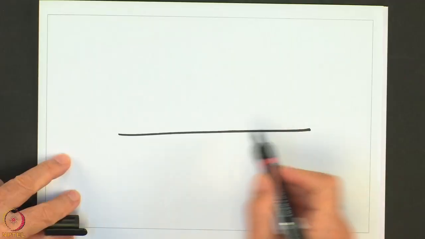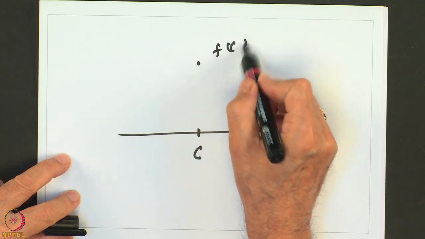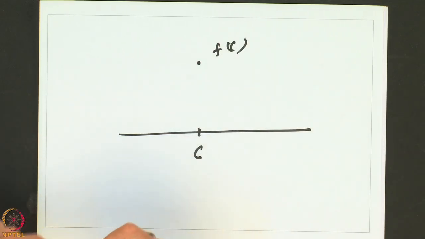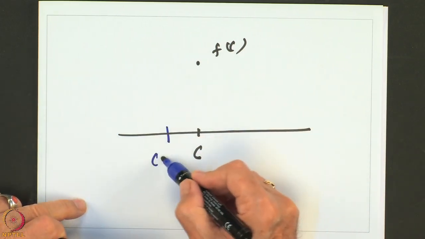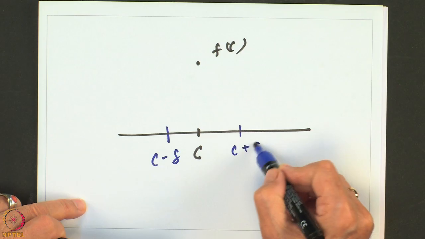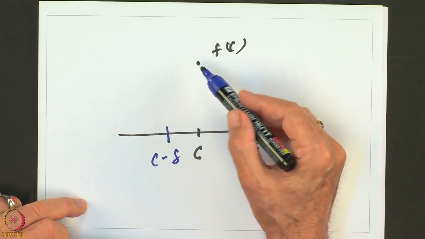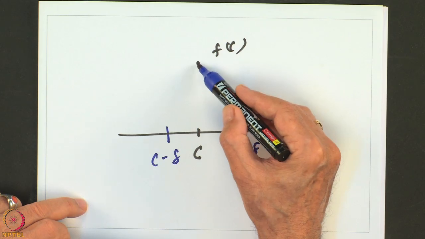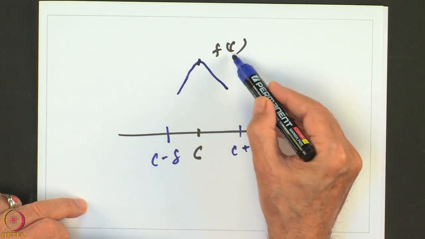If this is the function and this is the point c and this is the value f of c, if at this point the function has a derivative, that means in a neighborhood c minus delta to c plus delta the function will be defined, because derivative implies it is a continuous function. So, the graph is a continuous function,